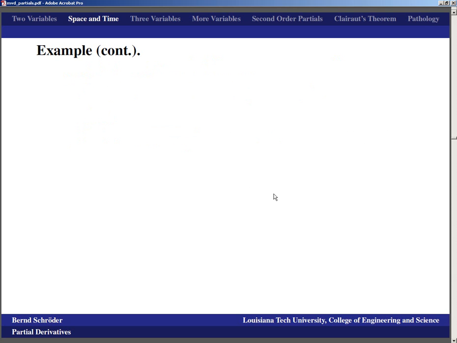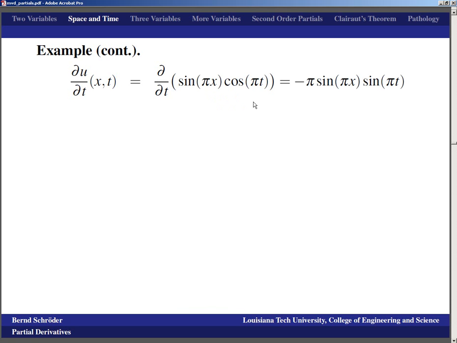We will see that also in an animation, but now let's also compute the derivative functions. So the derivative with respect to time of u at x and t is the partial with respect to t of sine pi x cosine pi t. Well, sine pi x is of course constant with respect to t, so that stays with us, and so the derivative is just determined by the derivative of